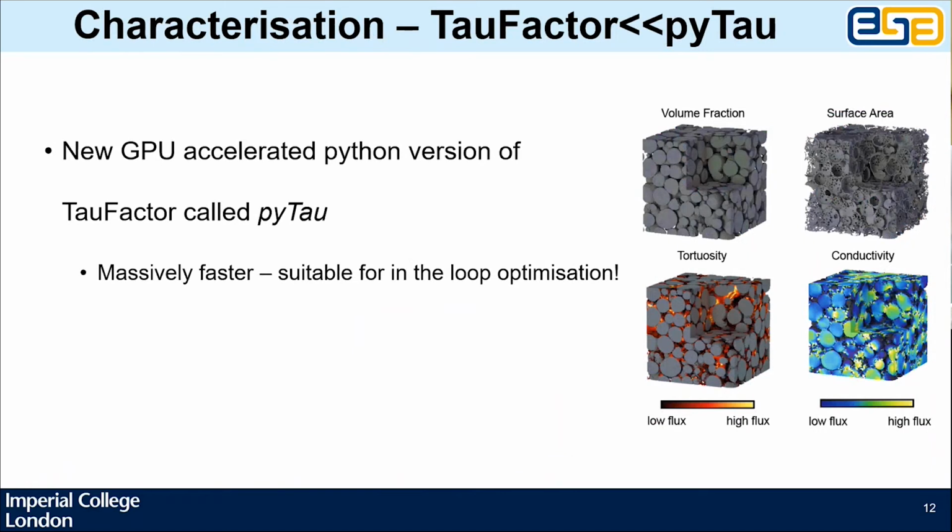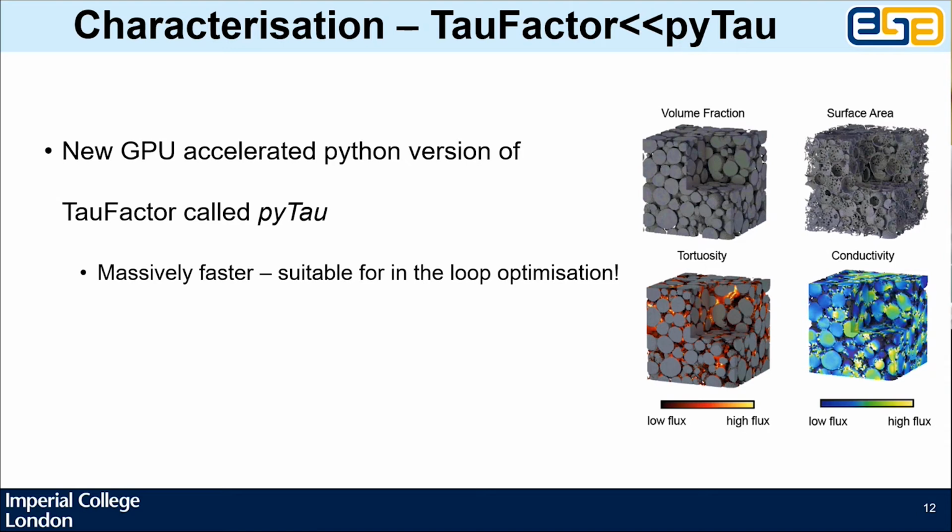Once you have a microstructural data set, so once you've got your 3 different phases in the case of a battery cathode, so that's the active material where the lithiums intercalate in and out, your carbon binder domain, which holds the whole thing together and also transports electrons, and your pores, which is where the ions travel through in the electrolyte. Once you've got that map, you can then feed that to a